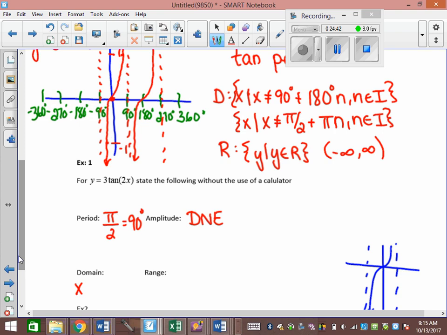Okay, look at your calculator. You have it in your calculator, right? Where does the asymptote break through? And if you don't know where the asymptote breaks through, make sure you change your x scale to something that you can see where it actually crosses through, right? So make your x scale maybe be 45s. 45s are really nice for tans often because they're like 90s and 45s and 180s and etc. Okay, I would make my x scale be a 45 or a pi over 4 if you're in radians,